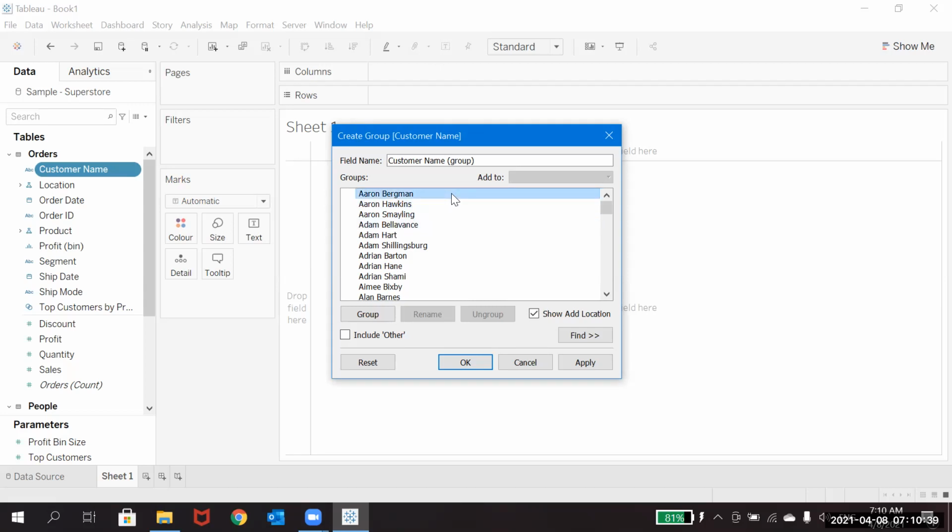You can just select and click on Control and you can click on it. Since we are selecting all the A related customers, I'm just holding the Shift and clicking on the down arrow, so it will be selecting all of them. So I have selected all the A group. Now I have to group them.